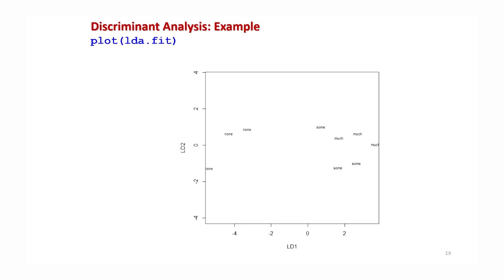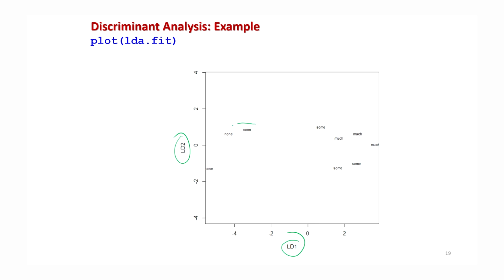Now, let us see how it will look. If I make a plot between the values of LD1 and LD2, that means both these functions are used. For the given data in the example, for each observation, the values of LD1 and LD2 are calculated and plotted on the x and y axes. You can see what is happening here, and this will give you some idea.